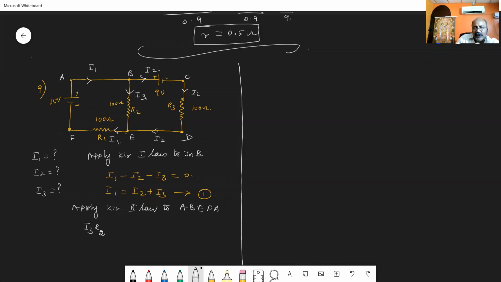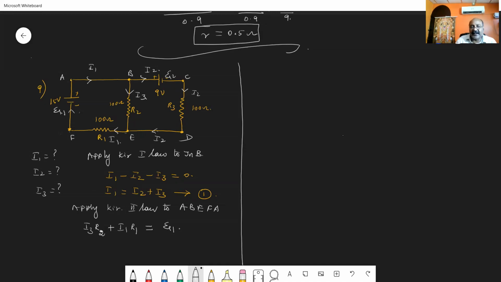Then I am moving from E to F. When I am moving from E to F, the path and current are in the same direction, so again plus. The product of current and resistance is I1 into R1. And I am reaching A. No other resistance available. This is equal to the total EMF in this closed path ABEFA. Let us take this as E1 and this as E2. In E1, the current is flowing from negative to positive along this direction, so E1 is positive.